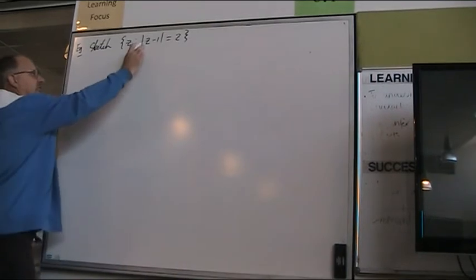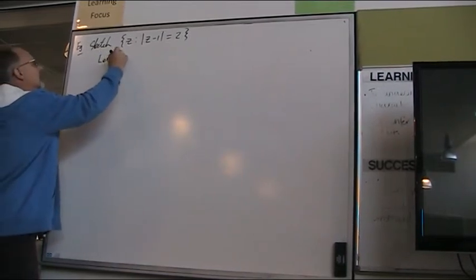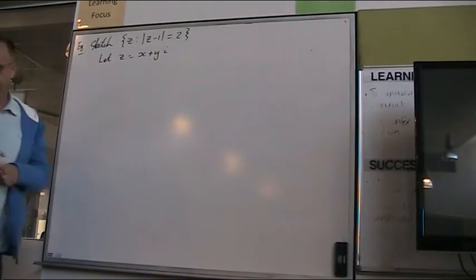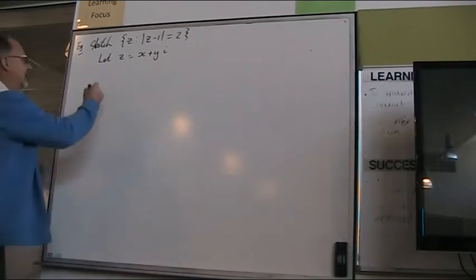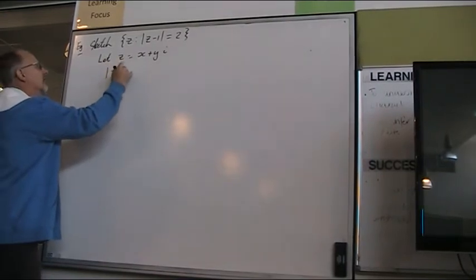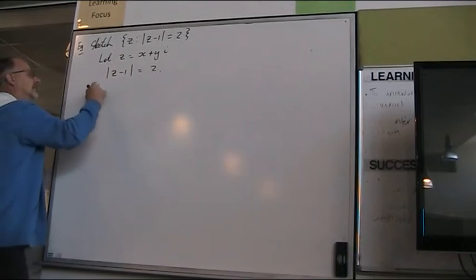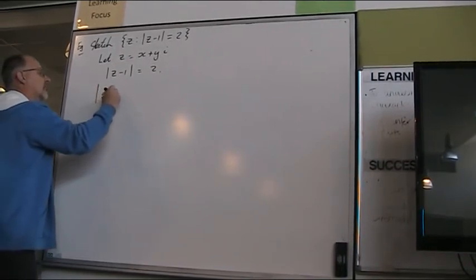First of all we need to do something with this Z, because remember Z is a complex number, so there's a real part and an imaginary part. So if we let Z equal x plus yi, so x and y is what we're used to in our Cartesian form, and then we put that in here. So the magnitude of Z minus 1 equals 2. Well, if we're replacing Z by x plus yi,